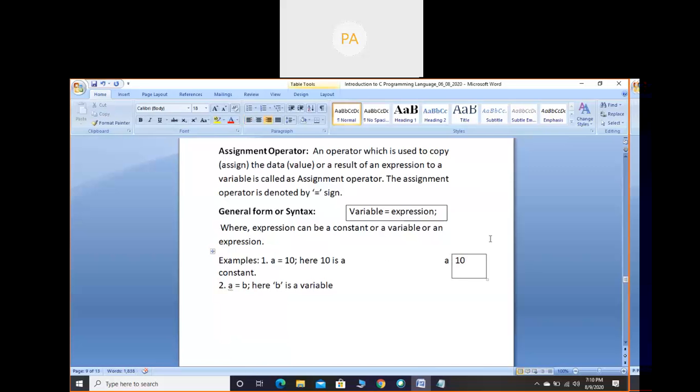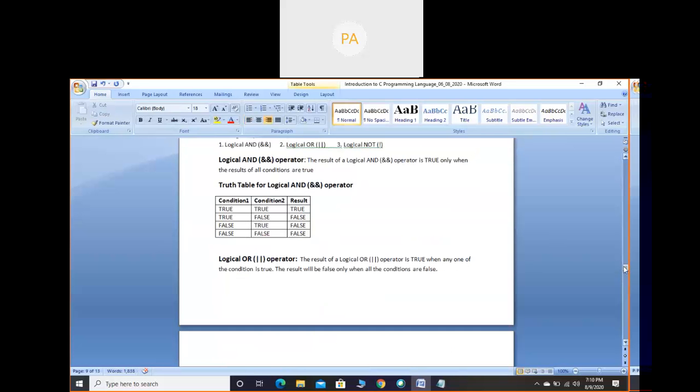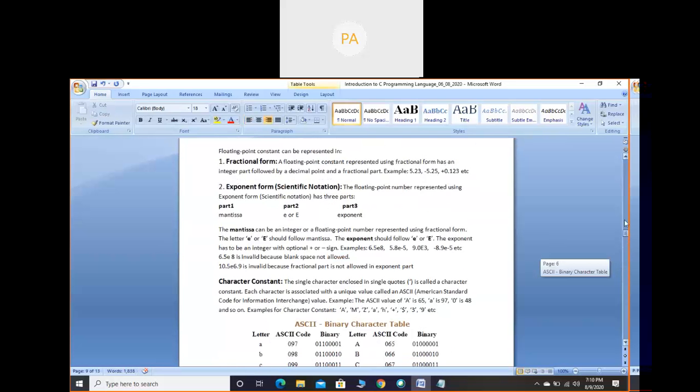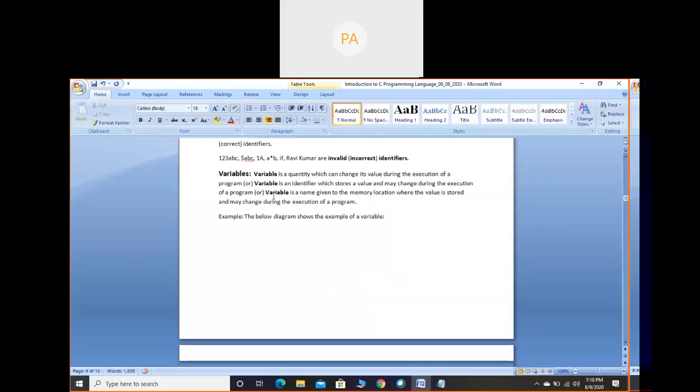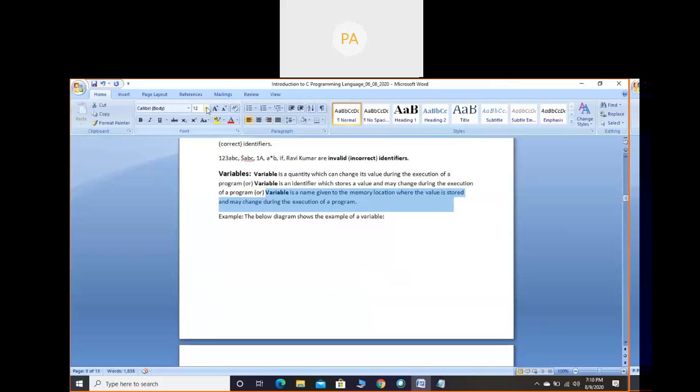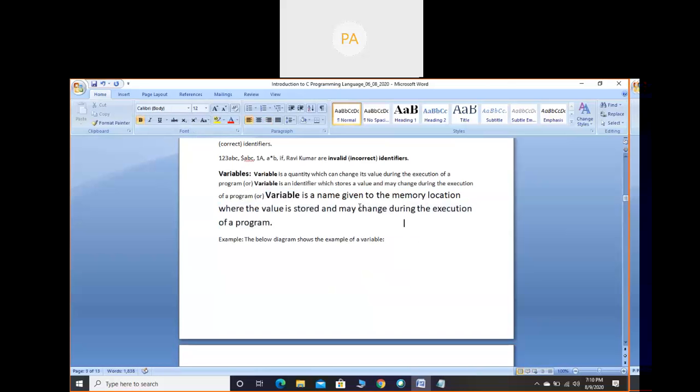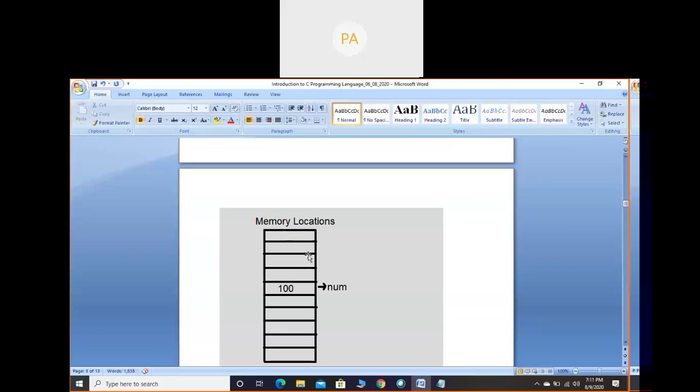So let us go back to variable definition, so that you will understand. See, in the third definition of variable, that is, variable is a name given to the computer memory location. So if we consider these are the computer memory locations. So computer memory locations are nothing but, like, if we consider 64 kilobytes of RAM, or 128 kilobytes of RAM, in that, memory locations will be there. So this is just a rough diagram what I have indicated. In this way, we can understand computer memory locations.